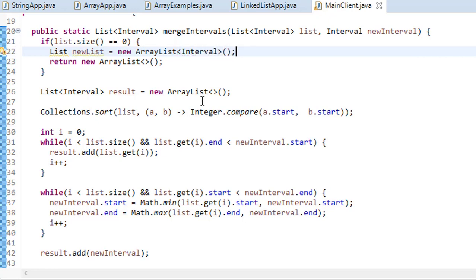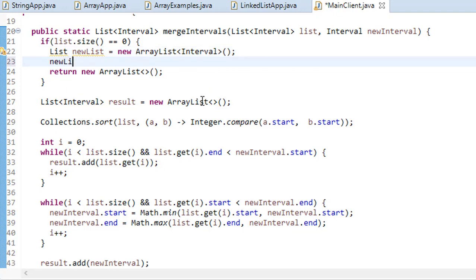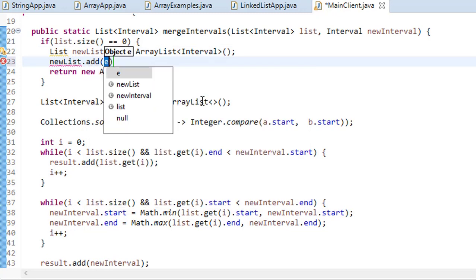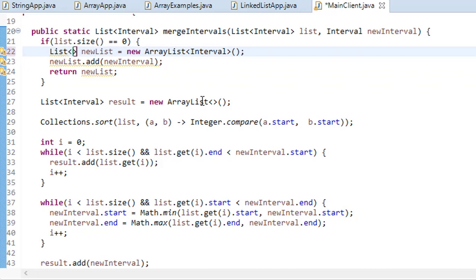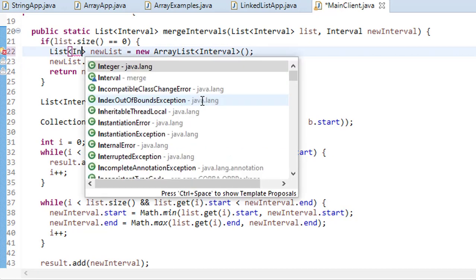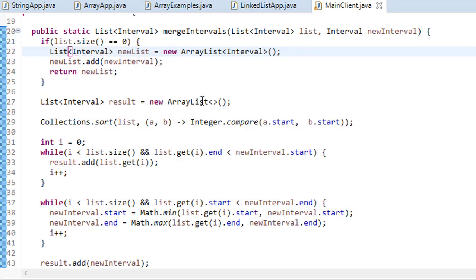So we can have interval here, and then what we are saying is that in this new list we need to add interval as the new interval. Yep, and then we can return this new list, right? Return this new list. So it will be something like this, and here again this list is basically of type interval. Yep. So if my list size is 0, because there are no existing intervals and I'm adding new intervals, in this case you can add only this interval, right? Now if it is not the case, then we'll add this result, which will basically contain the result.